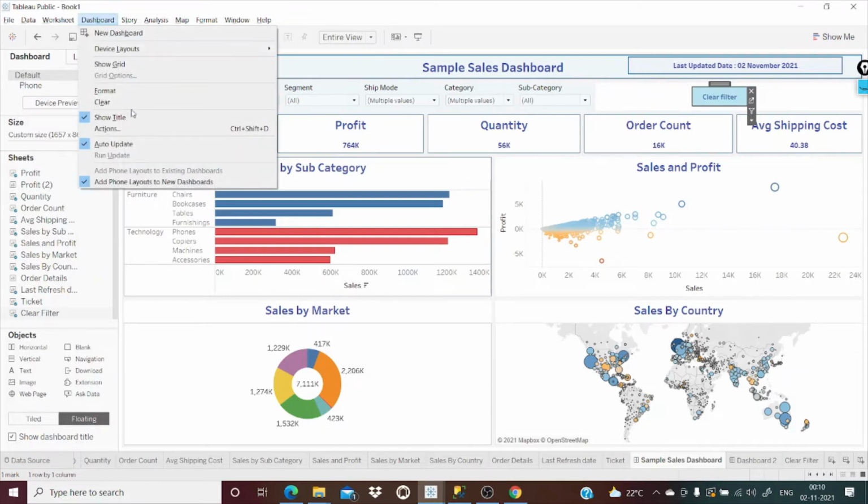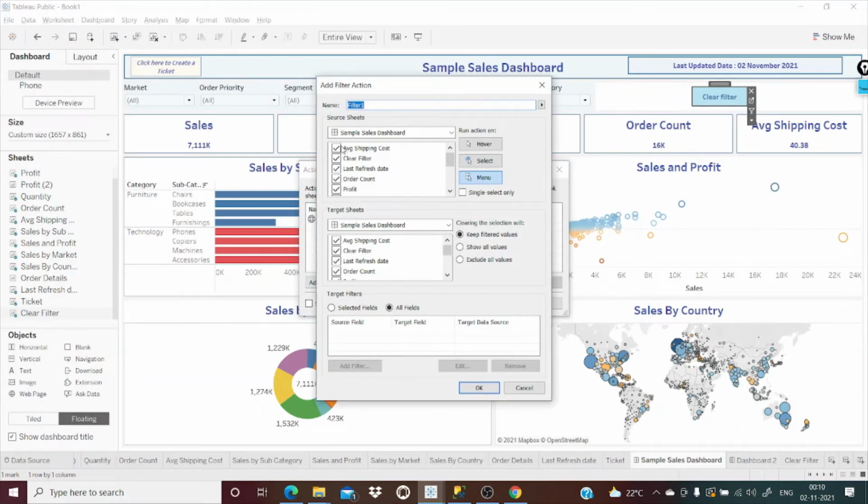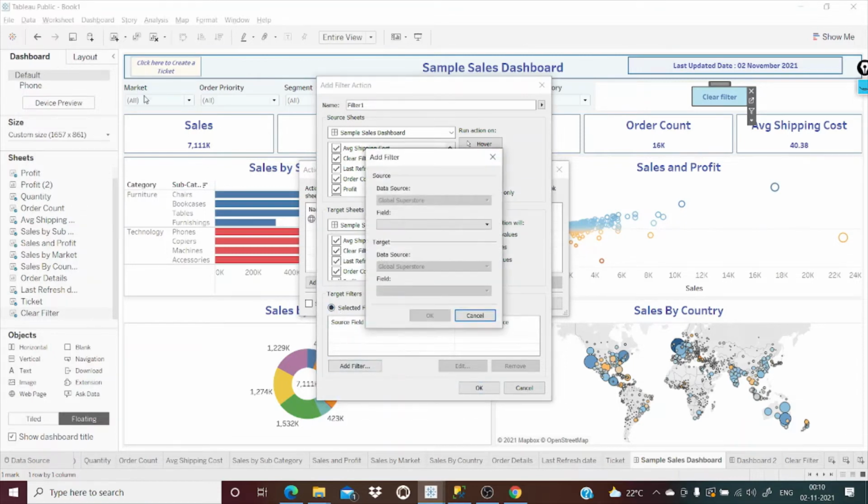So let's go to dashboard, actions, add action, filter. Select any of the sheets, the selected fields. Now you should give all the filters present here. The first one, I'll go with the market. Add filter, order priority.